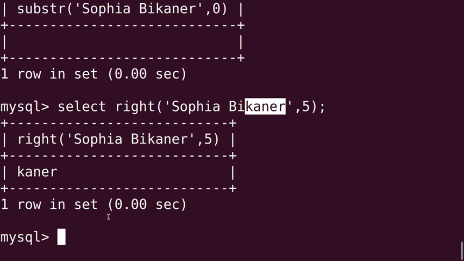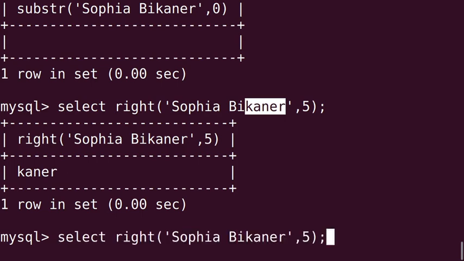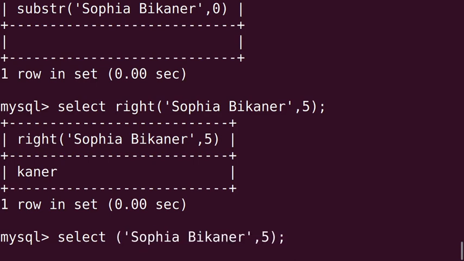Next, the same thing we show you with the help of sub-str. If we write sub-str, here we have to give -5.